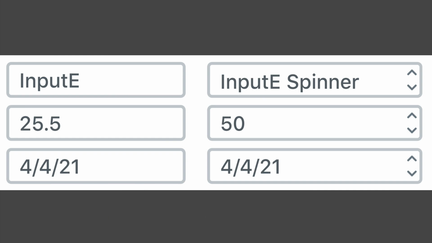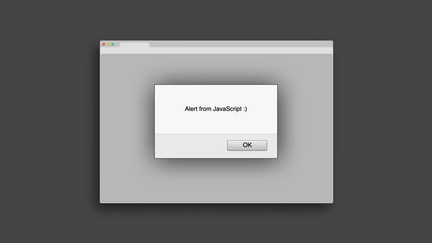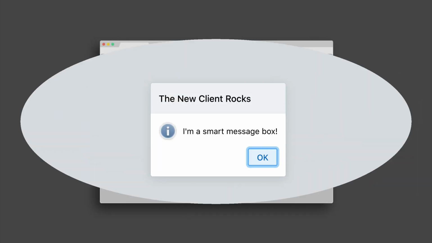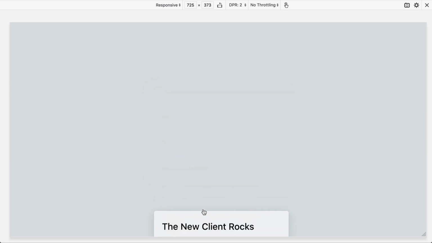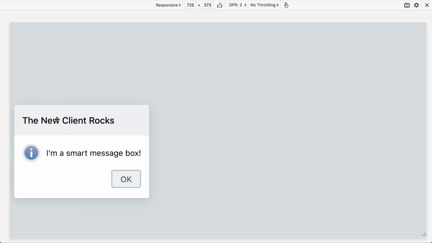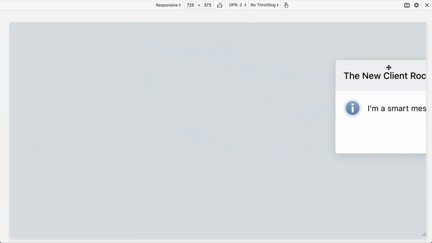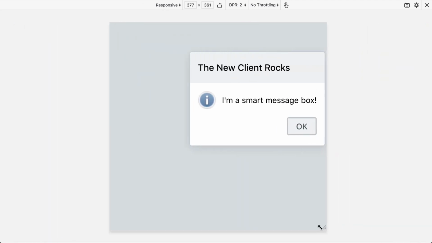That means that the new client can now run programs that use input E, input D, and input N controls, as well as the spinner versions of each of those. And BBJ message boxes, which we first made using the JavaScript alert function, are now full-blown styled controls with built-in intelligence to handle changing screen sizes, user dragging, and positioning to ensure that it's always contained in the visible client